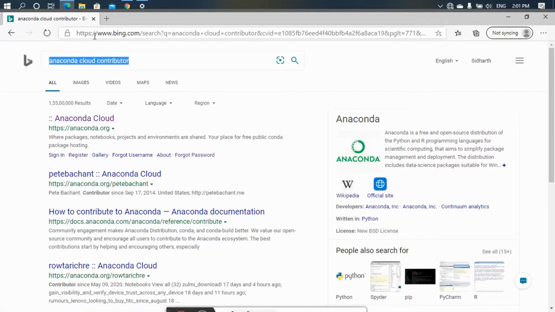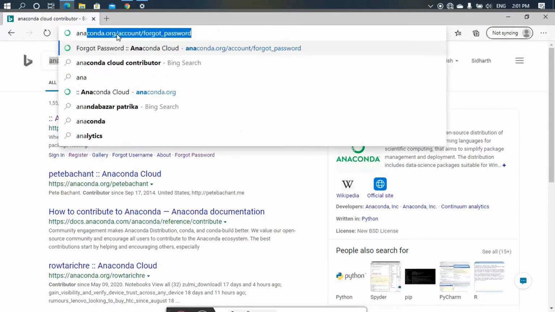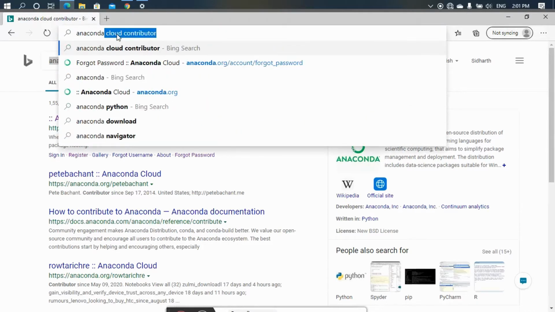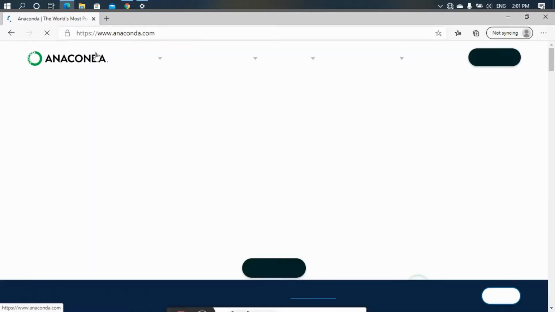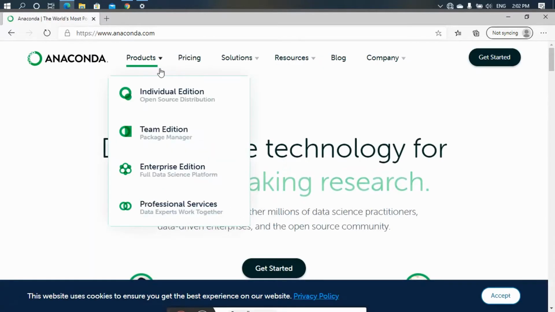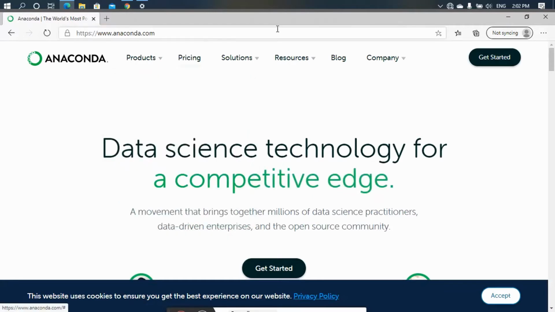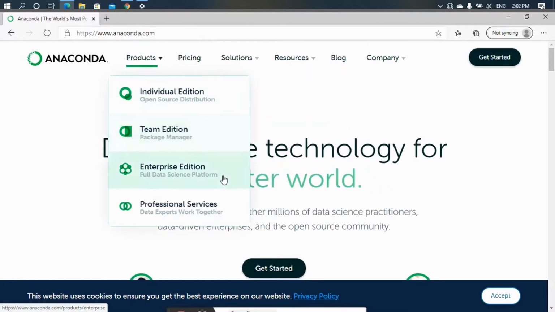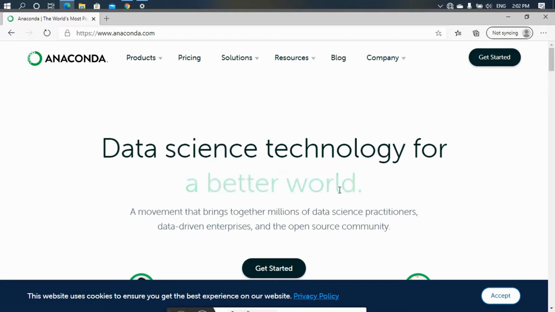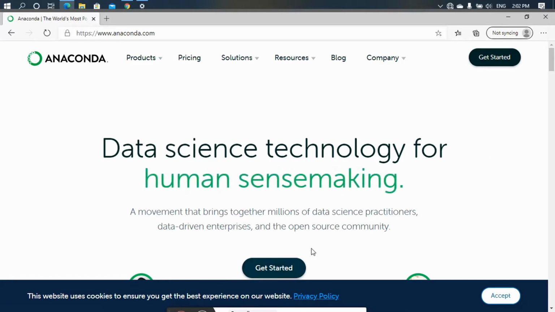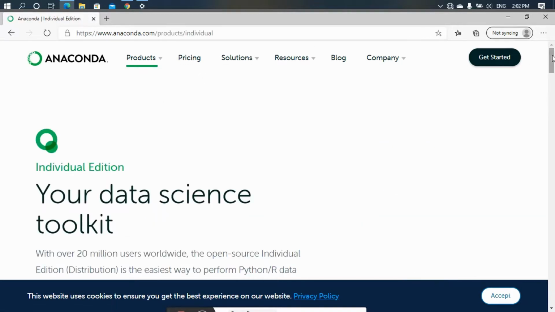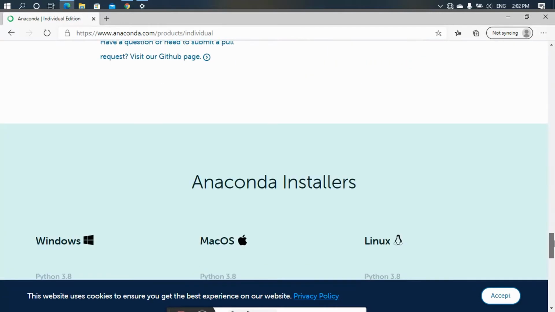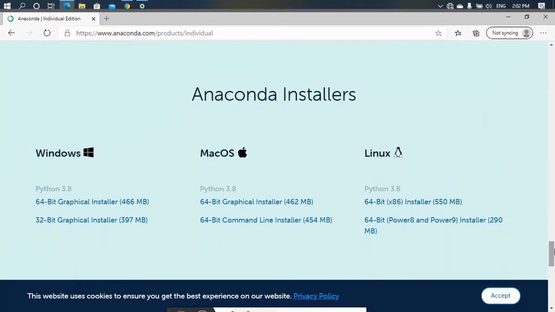So you have to type anaconda.com, and here you go. You find the first page itself says Anaconda, the data science technology for a better world. You don't have to go anywhere to scroll. You just have to click on Individual Edition and then scroll down completely, and there you go, you have